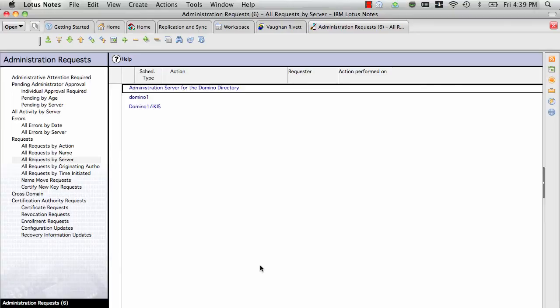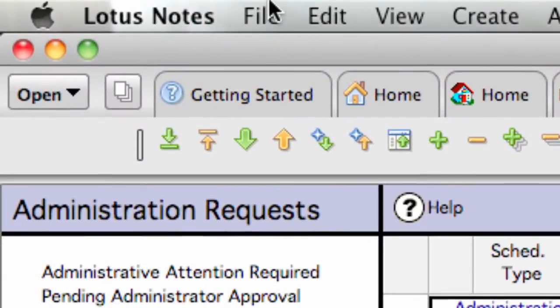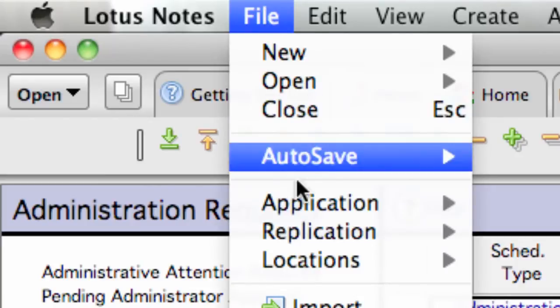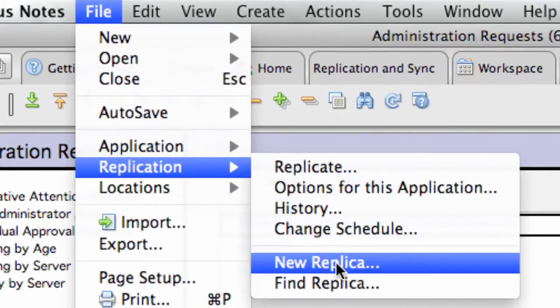So to do it, I've got this database on my screen at the moment, which is a server-based database. To create a replica, or a copy, or a synchronized copy if you want to call it that, offline, all I have to do is go to File, Replication, and I click on New Replica. Now just before I go any further ahead,